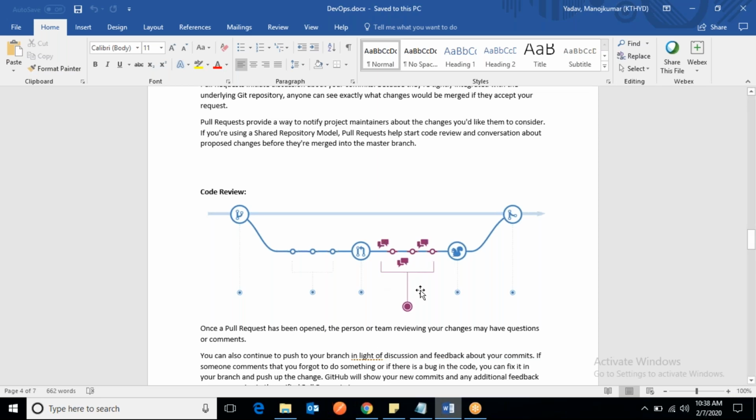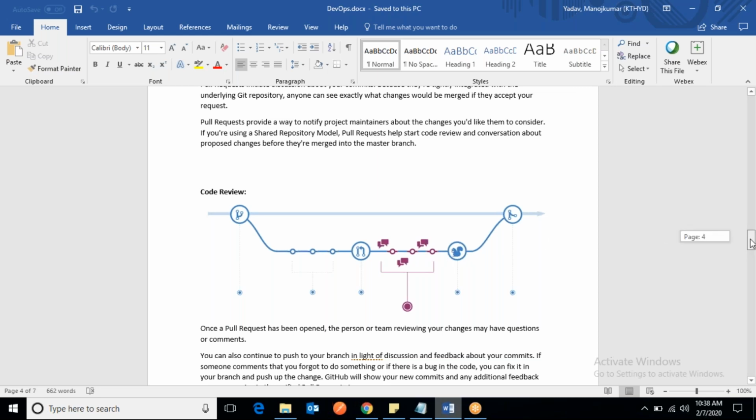By modifying those things, you can push those changes again. If everything is fine, the pull request is approved and your code will be merged in the dev branch.